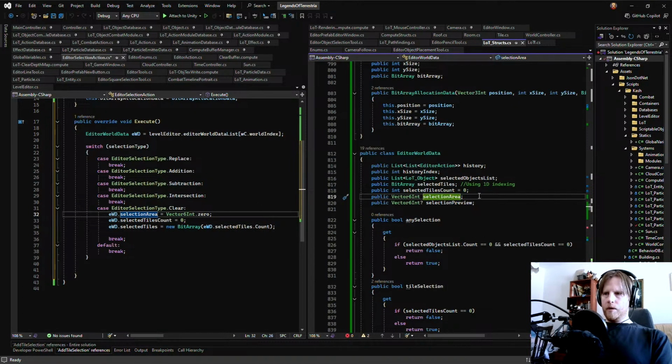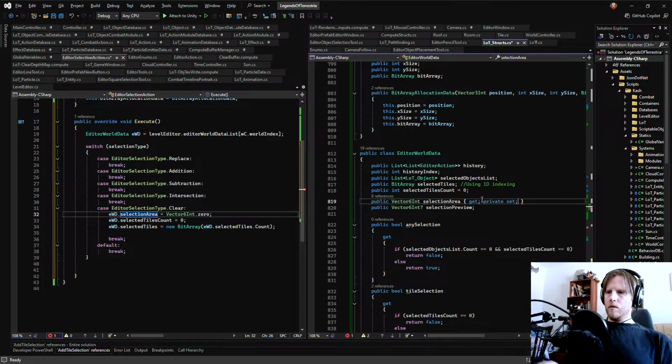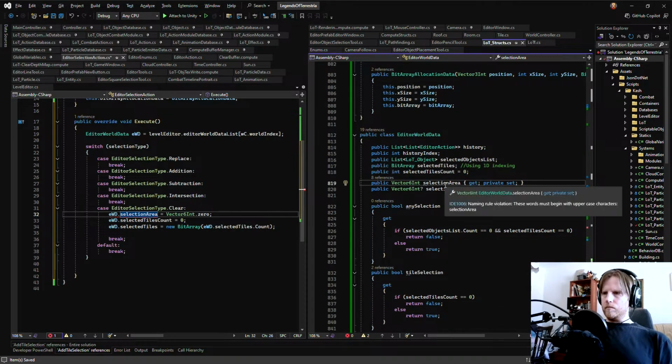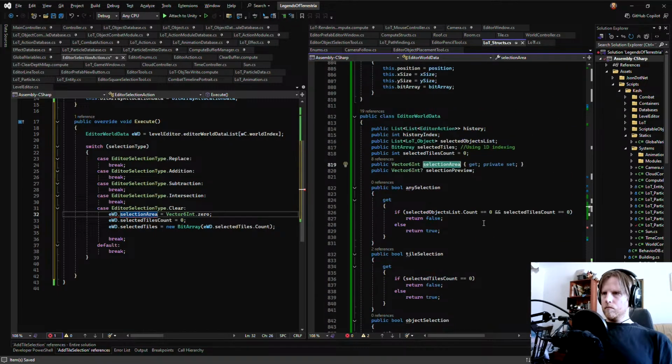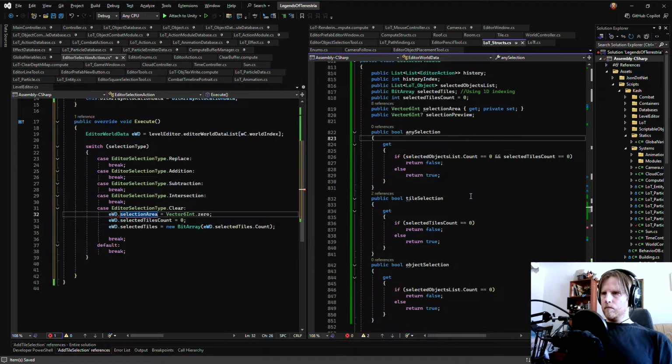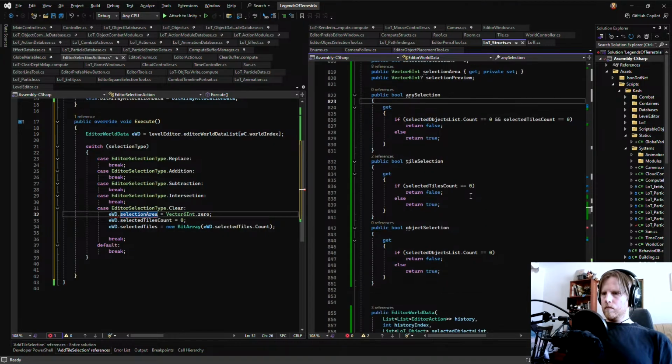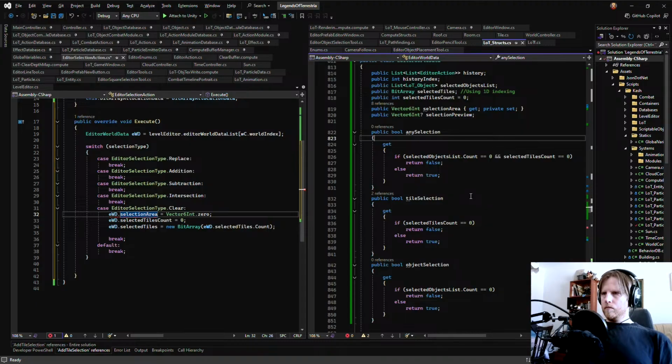That's something I think should not be get private set. And selected tiles shouldn't be something you can set either.